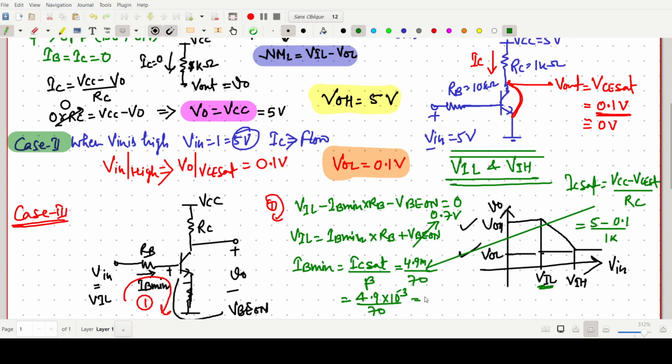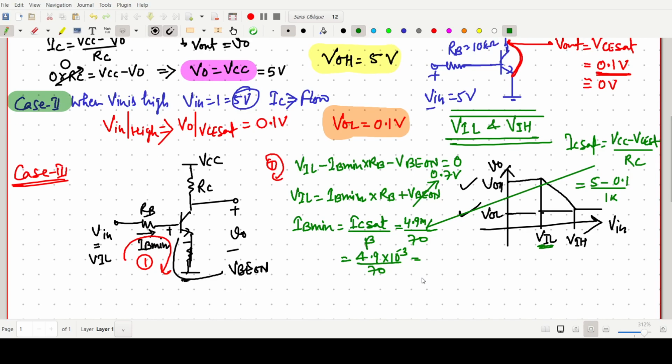Or if we solve this one, we can write it 49 by 700 into 10 to the power 3. Or better to write this one 49 by 700 milliampere, and if we divide 49 by 700,